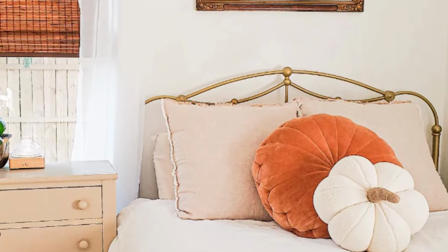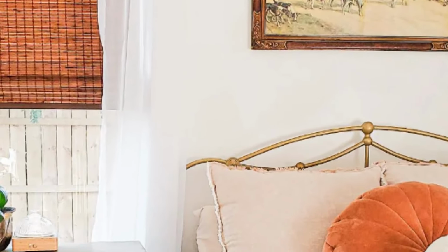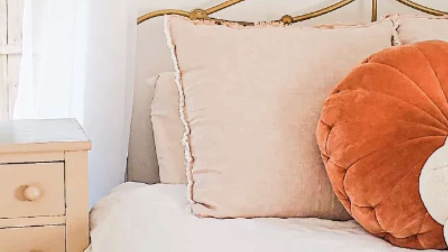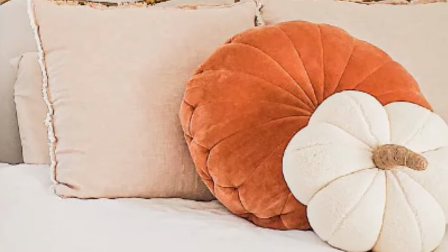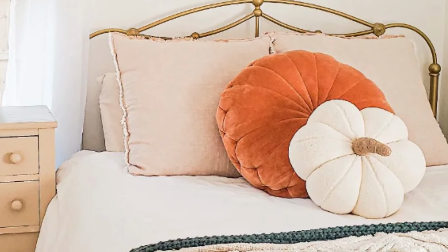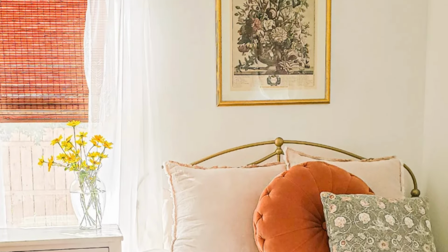The cottage bedroom may be simple and cozy with thick blankets because it is meant to evoke a feeling of warmth and comfort. Thick blankets can provide an extra layer of insulation, keeping the room cozy and helping to ward off any chill. The simplicity of the decor may also contribute to the cozy atmosphere, creating a sense of relaxation